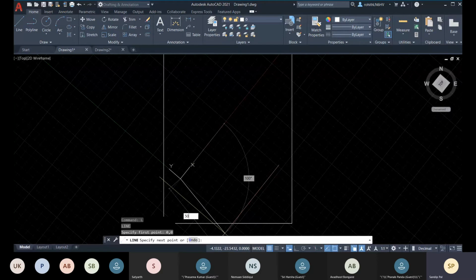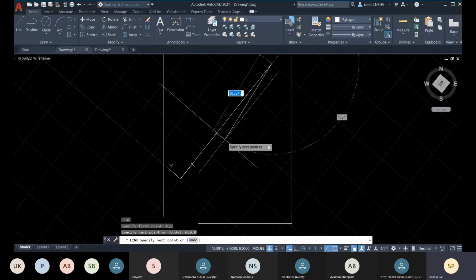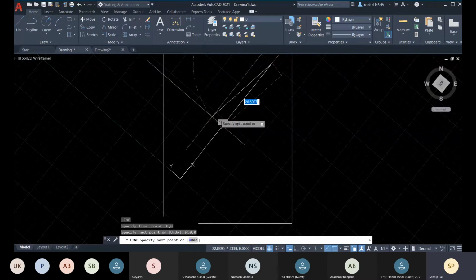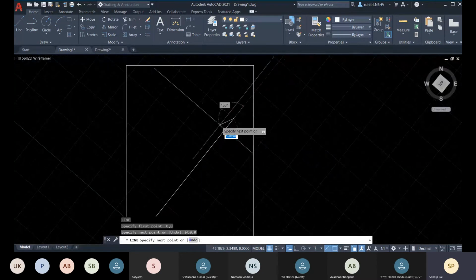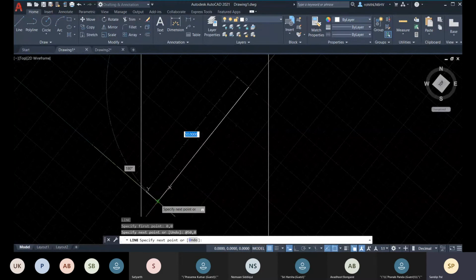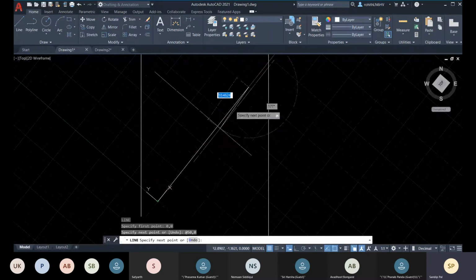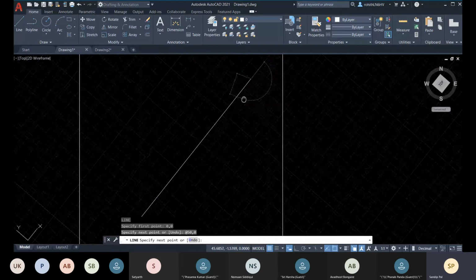Let me go with 50 comma 0, and press enter. And there you can see this line segment is created from 0 comma 0 to 50 comma 0, and it is working as per the UCS, right?